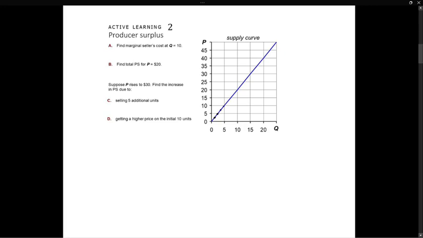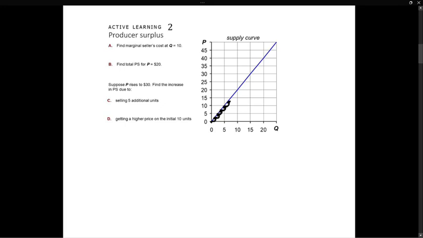So that means when your price is zero, of course, there's no sellers. No seller will enter the market at this zero price. But as long as the seller can cover the cost, the seller will start entering the market. So at higher prices, of course, more sellers will enter the market because sellers with higher costs can cover their costs. And as you see here, at higher prices, we will have more sellers producing and willing to sell